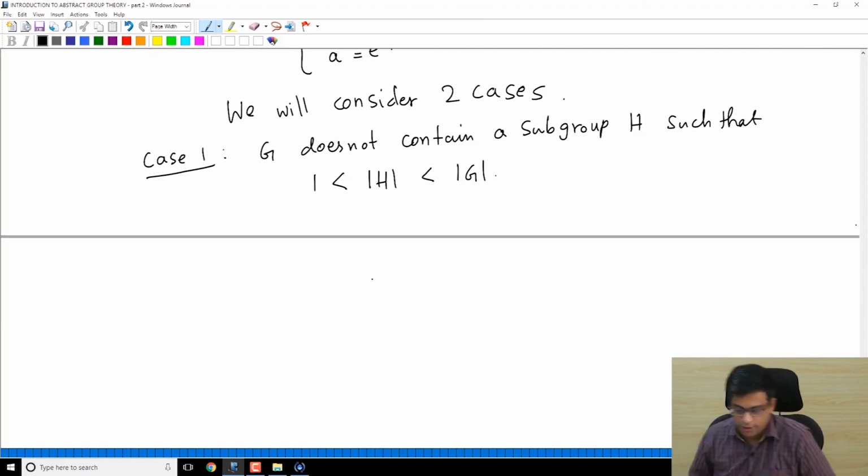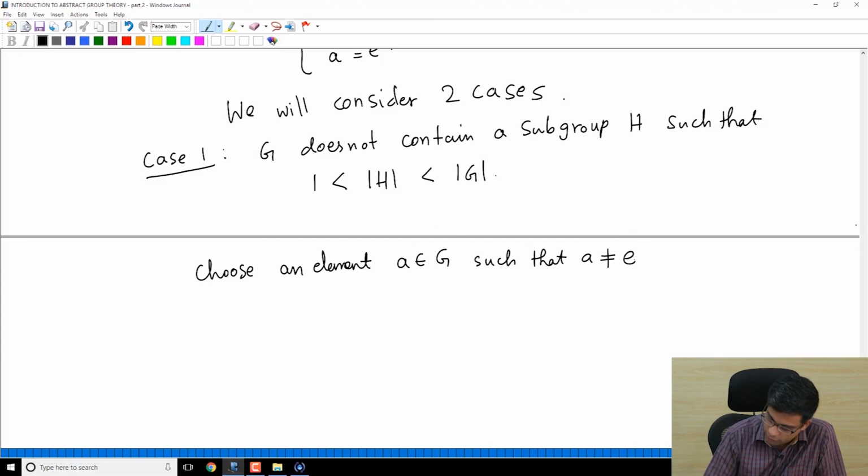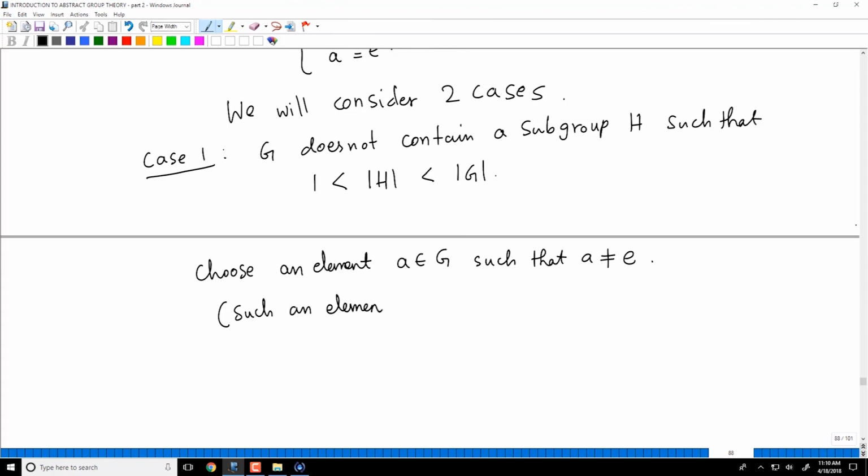What if G does not contain such a subgroup? Then I will first prove the theorem in this case. So choose an element A in G such that A is different from E, where E is the identity element. Why is there an element A different from E? Such an element exists because